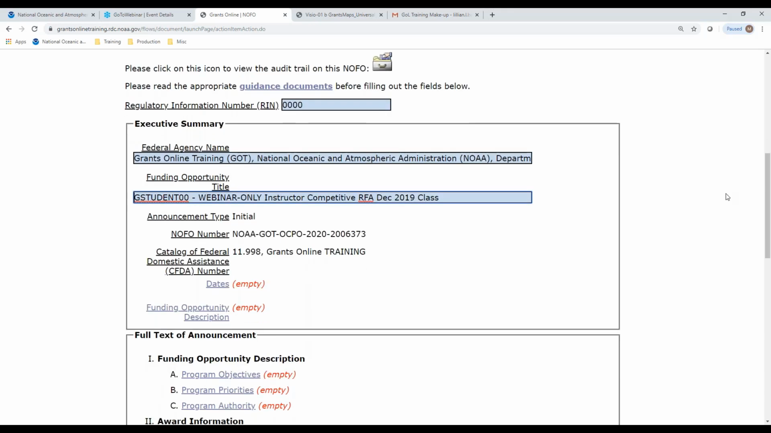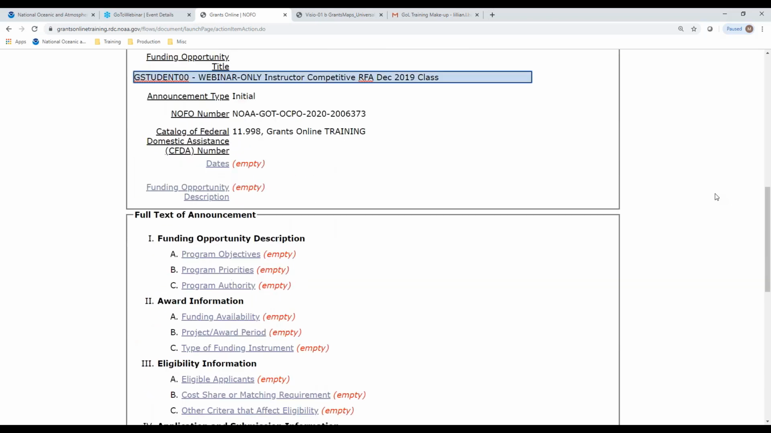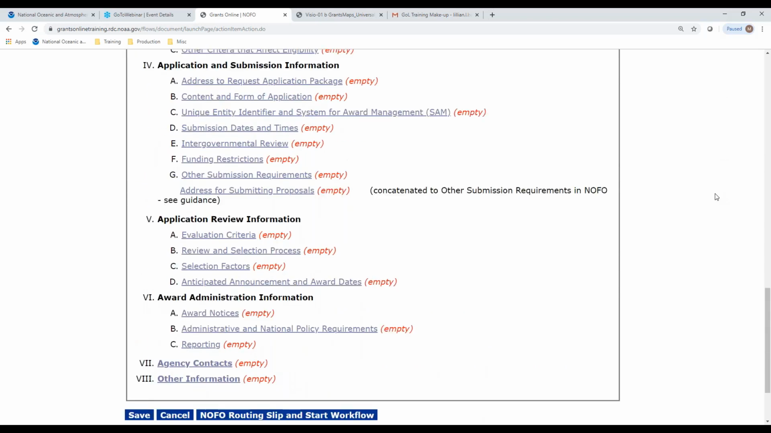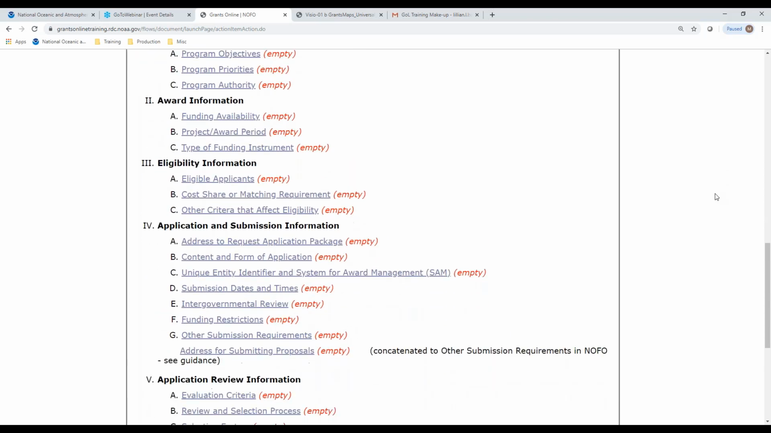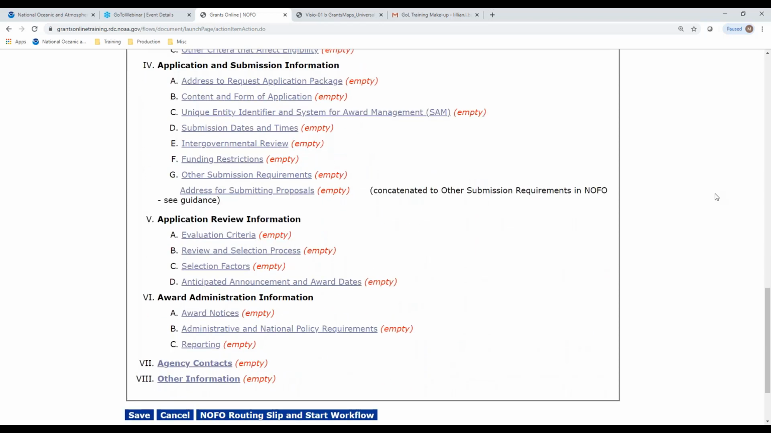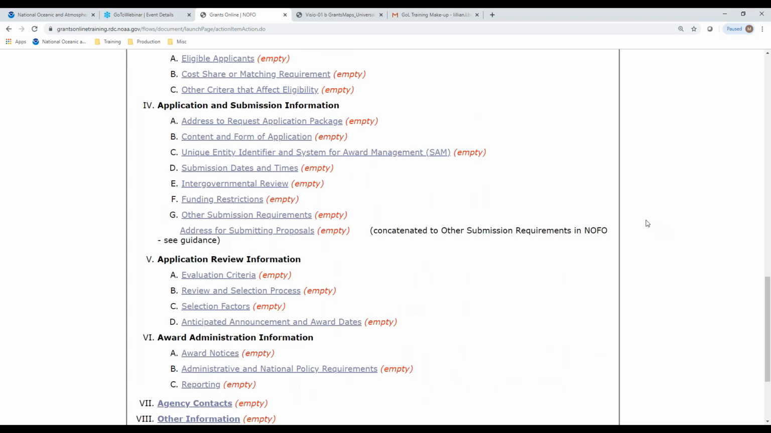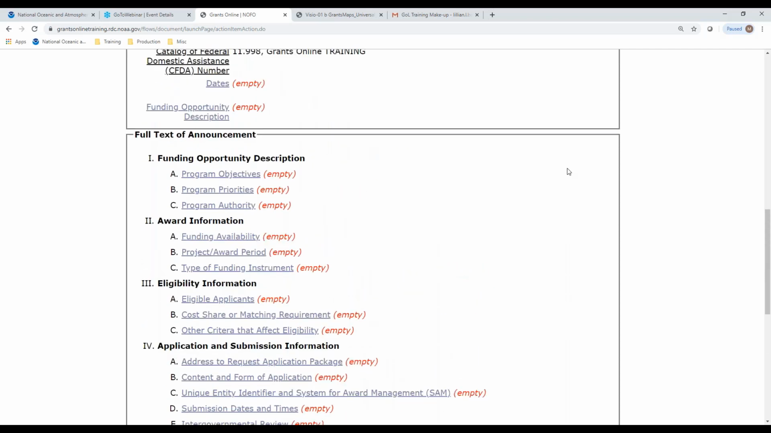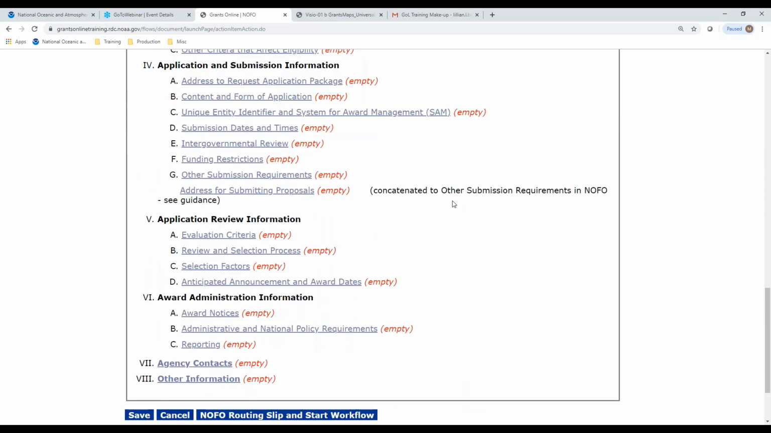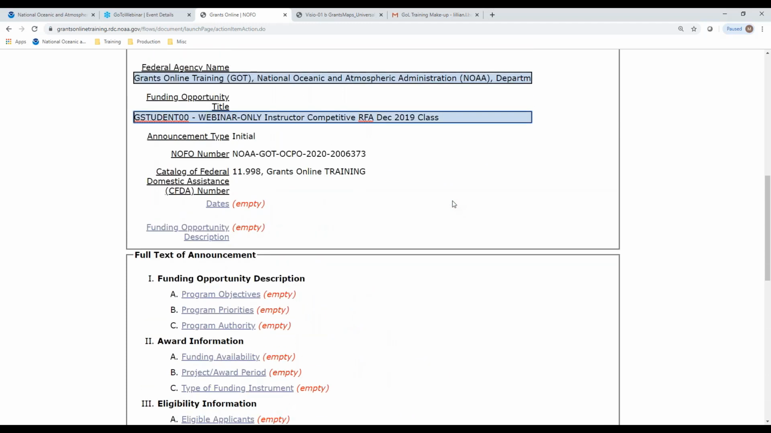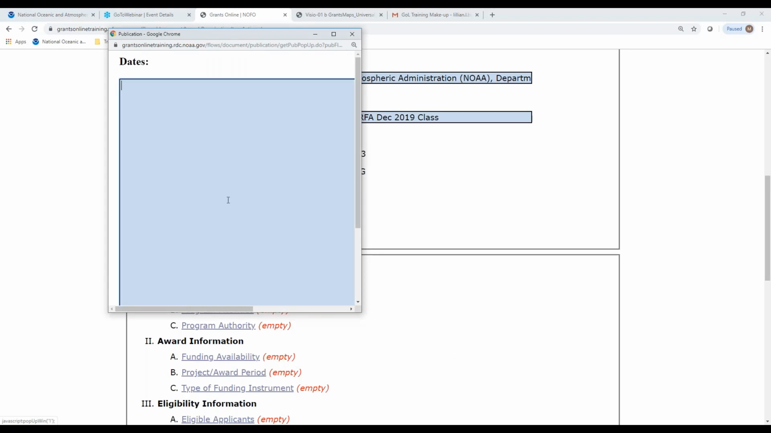On this page, you will see an outline. And basically this outline is the outline that you should use when you are creating a notice of funding opportunity to be posted at Grants.gov. Okay? Each of these links here is a section of the outline. When you first come to the page, it says empty on each one. As you start filling in these sections, it'll give you a check mark to let you know you filled it in. So for instance, for dates, if you put some information here,